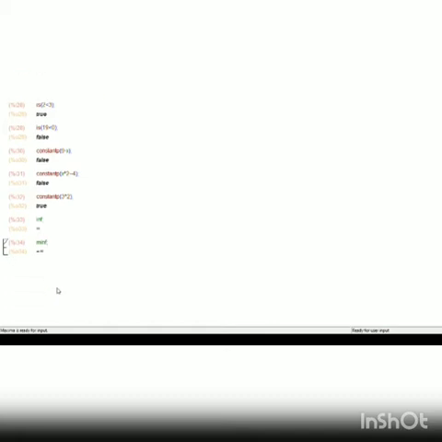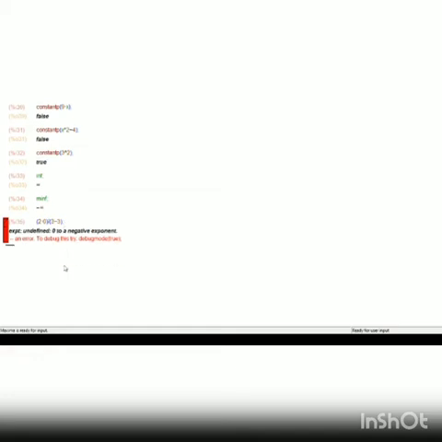See whether this is true or not. 2 into 0. Because there are two numbers, I'll use a bracket, divided by 3 minus 3. You know that 2 into 0 is 0, 3 minus 3 is 0. So what does it come to? 0 to a negative exponent is undefined. It is not defined. Right? It displays that it is not possible to define this because it's an indeterminate.